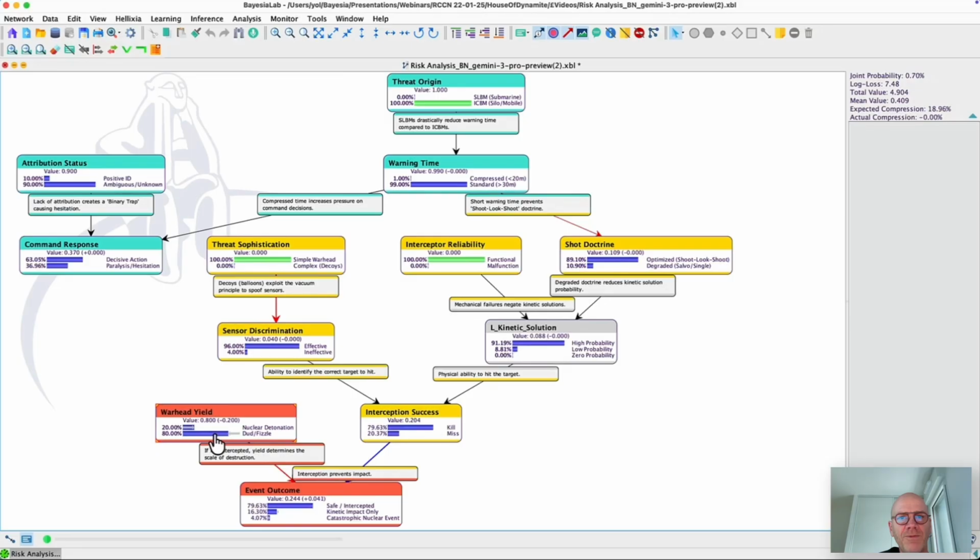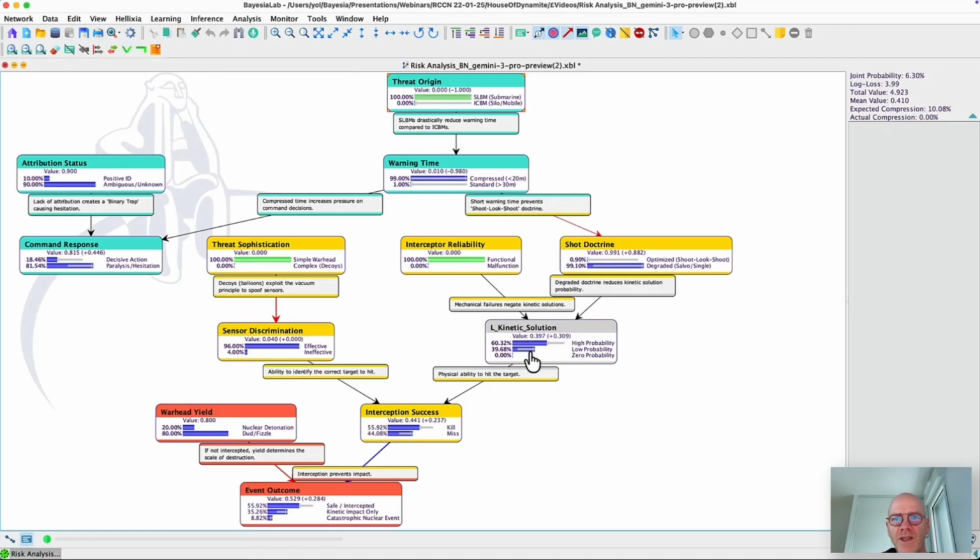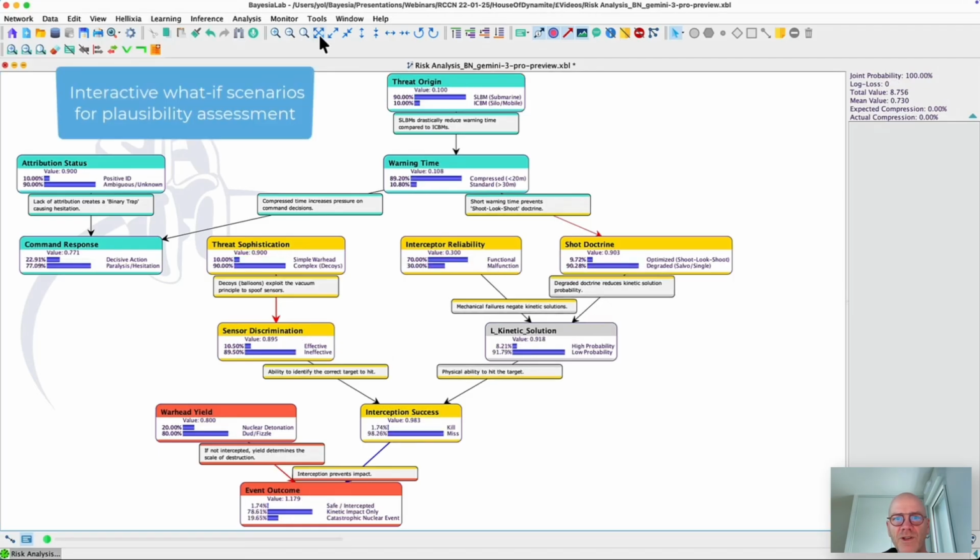Now, if we simulate with a submarine, so the missile has been launched from a submarine, we see that we have a compressed warning time, so it's less than 20 minutes. Then we can see that the command response has been impacted with almost 82% of paralysis hesitation. We have a degraded shot doctrine, and then even though the interceptor, well, here with the command,